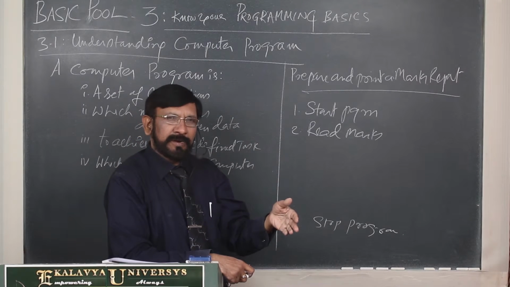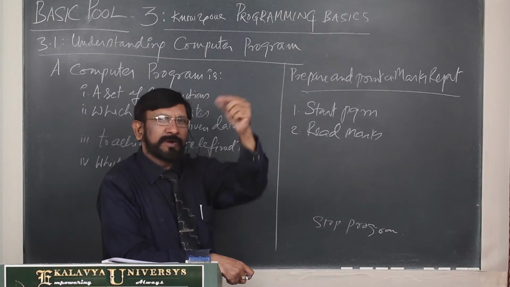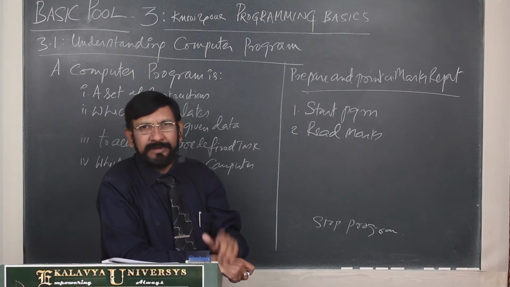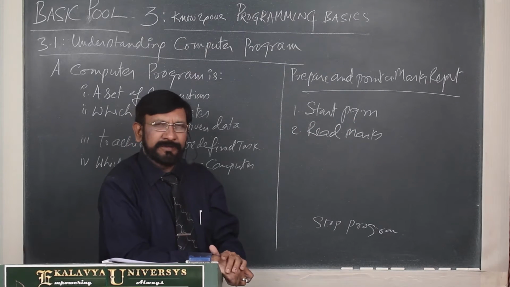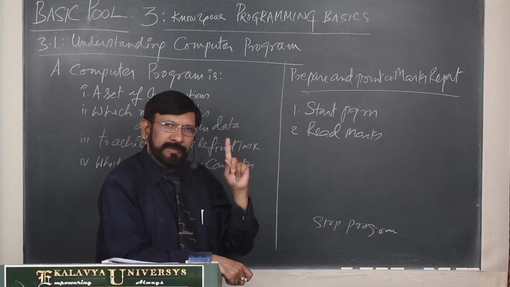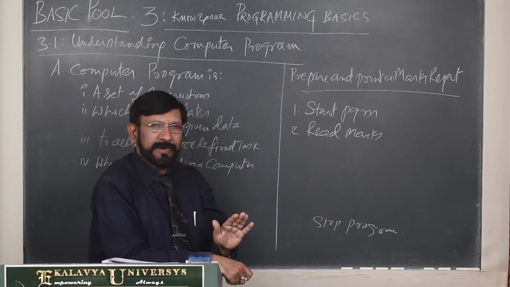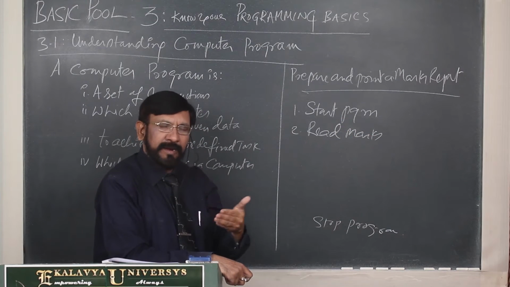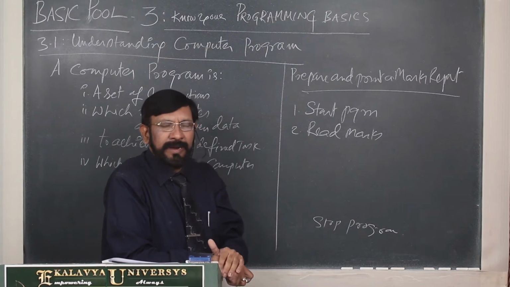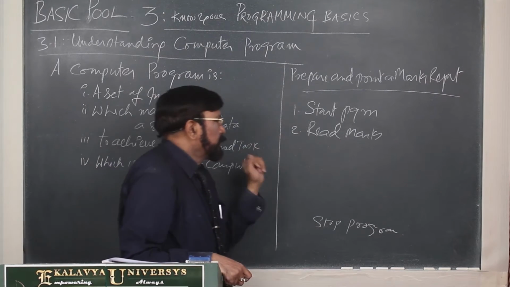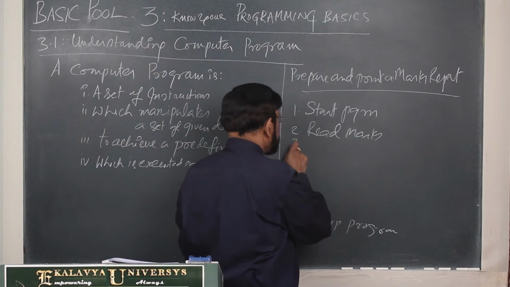After processing and all that, a computer displays data on monitor screen. That is writing. Whenever in programming languages we use the terms reading or writing, you have to understand that reading means the computer takes data, and writing means displaying data on the computer. So read marks,